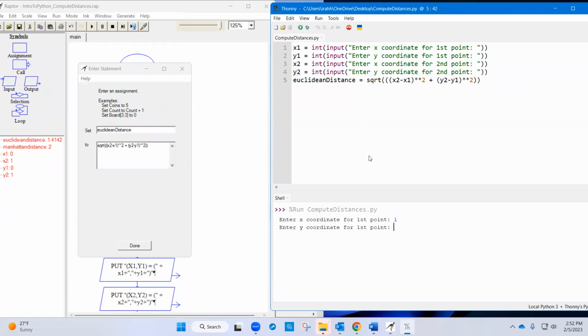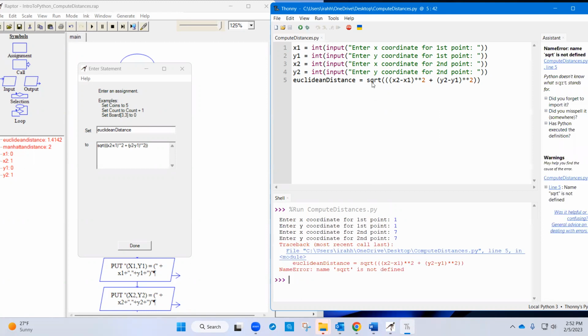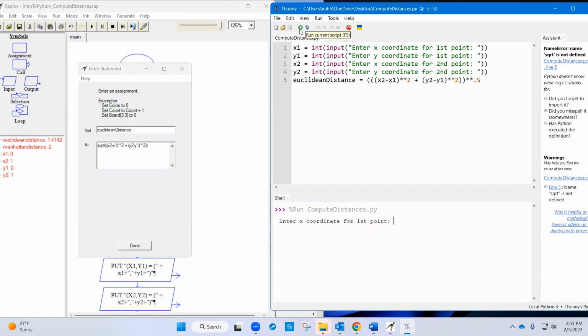Now, if you run that, it's going to fail because it's going to tell me a function square root doesn't exist. So in Raptor, it exists, but in Thonny, it does not exist. There are a couple of ways around that. You could either, again, do what we said before. You could raise this whole thing to the power half, in which case